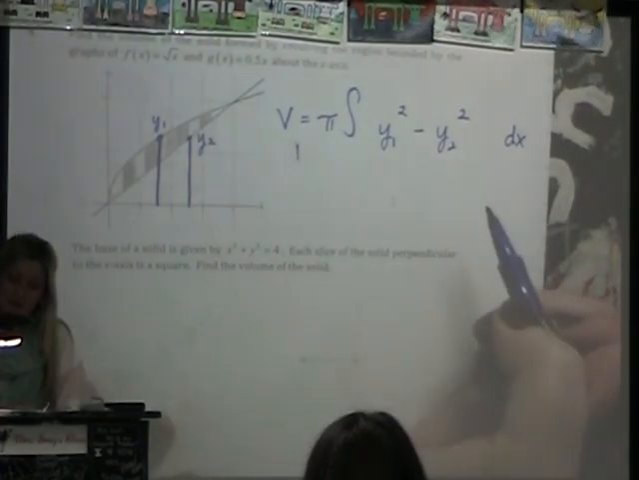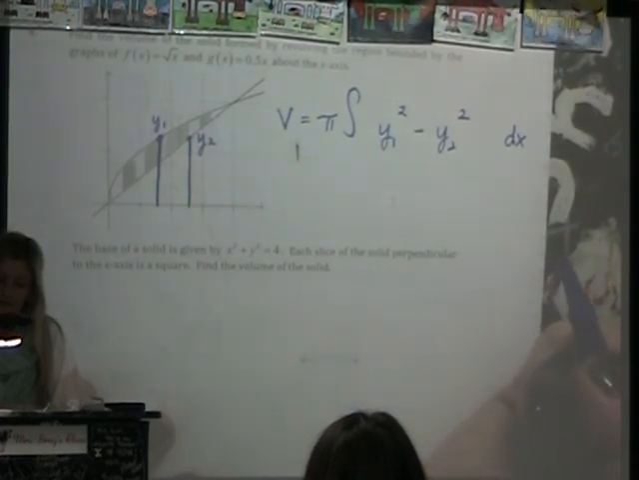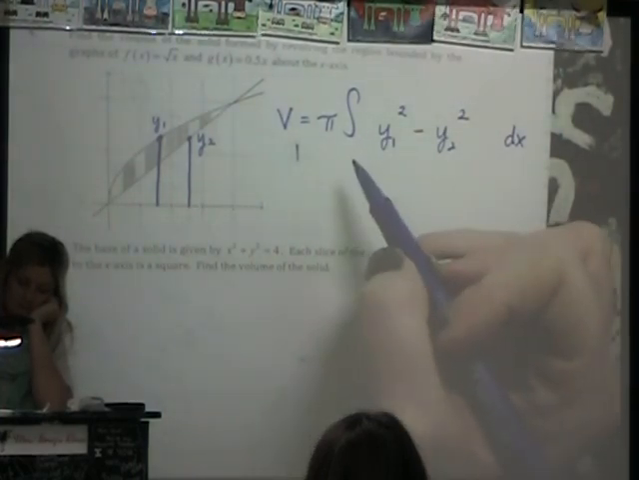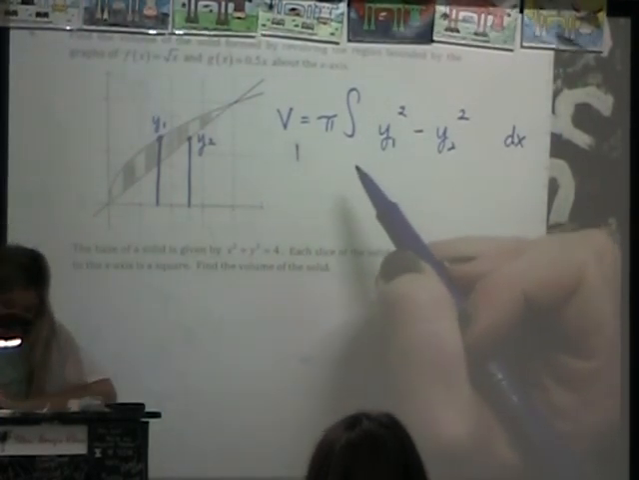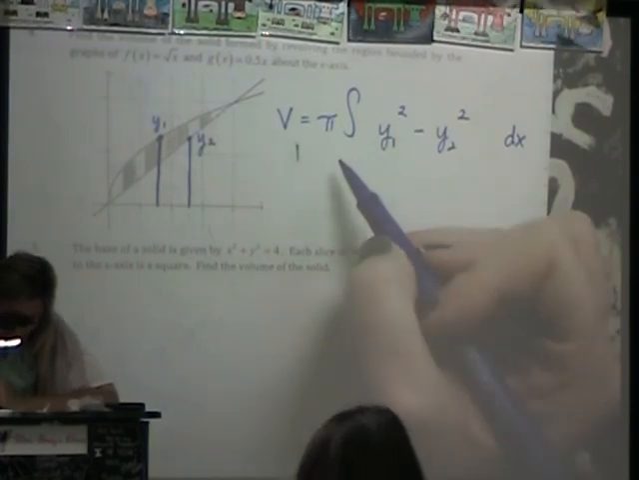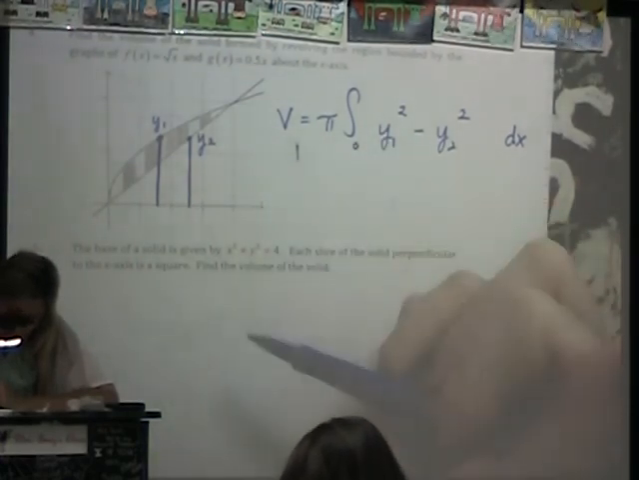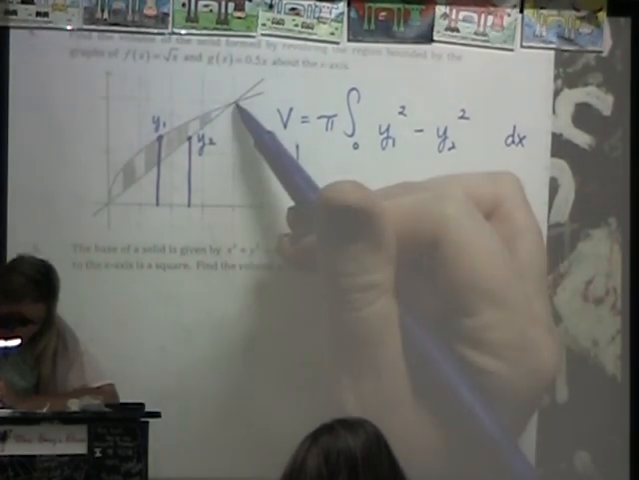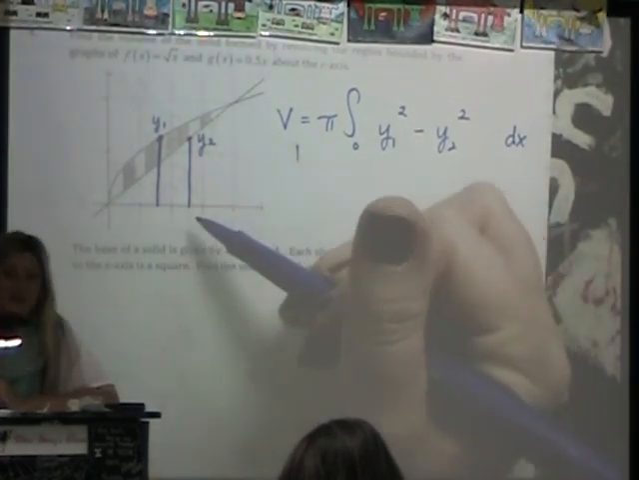And now what about my bounds? Looks like it's hard to see, isn't it? 0 to 2 is, I think it's actually 4, isn't it? The numbers are really, really